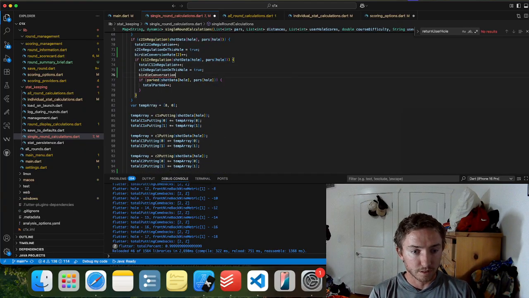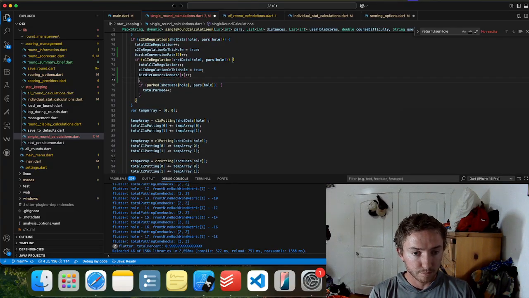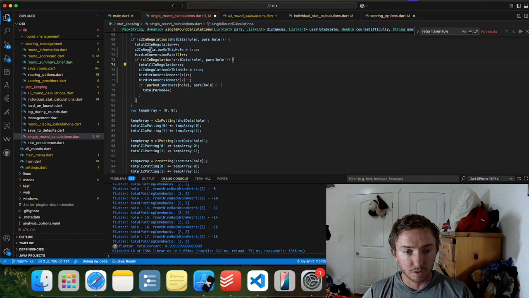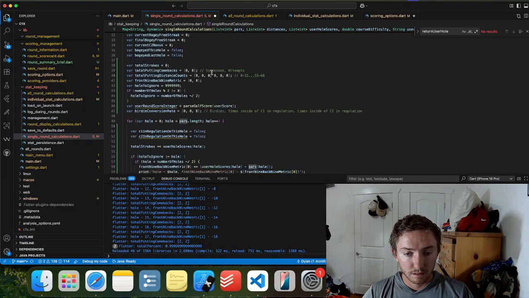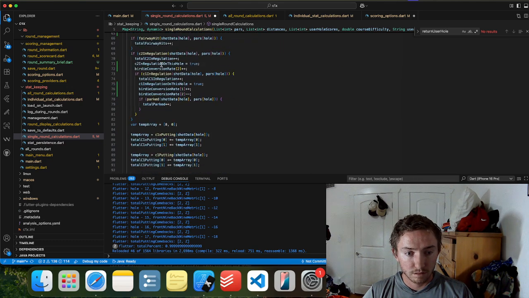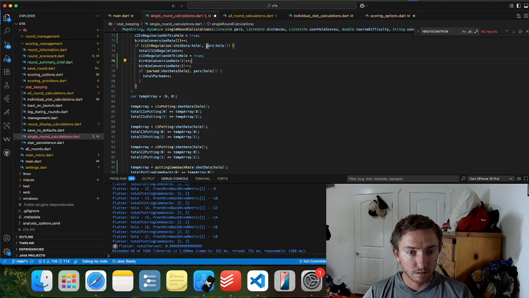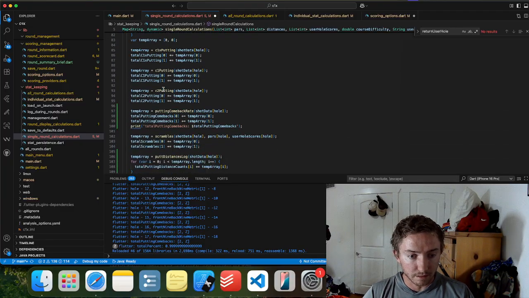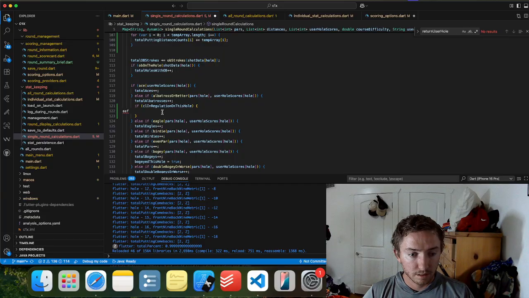Birdie conversion rate 1 plus plus. Birdie conversion rate 2 minus minus. So if I'm also on C1 in regulation, then I'm going to just subtract that value right back. And I am going C1 first and then C2. C2, C1. All right, so I'm updating the times inside of regulation. And then